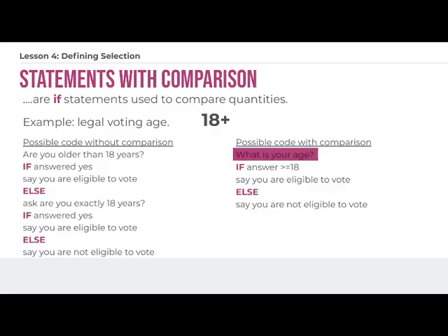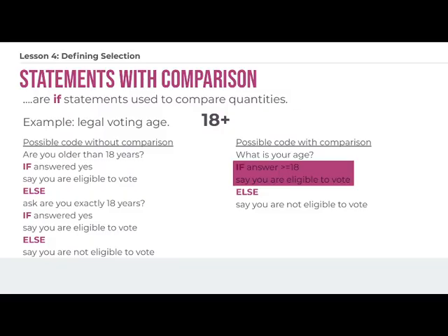So we'll ask, what is your age? And the user will type in some number. And all we have to do now, because of course we know we can save that answer, is compare the answer to 18. This has now become our condition. The condition that needs to be met to be eligible to vote is that you need to be either 18